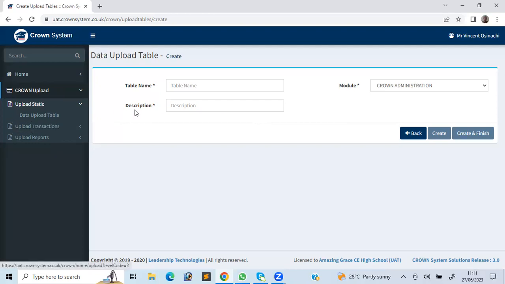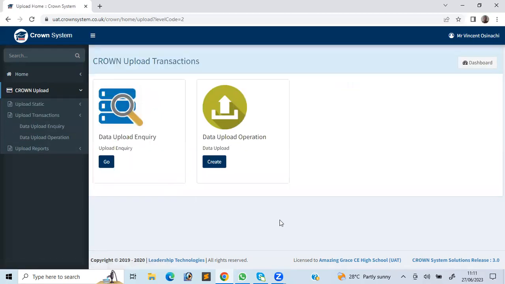Now, having said that, we're not going to waste much time on the upload static data. We go to upload transaction, where we do most of our work. First of all, we have the data upload inquiry. Then we have the data upload operation. We'll come back to this data upload inquiry later. But let's concentrate on data upload operation, which is actually where we do the upload activities